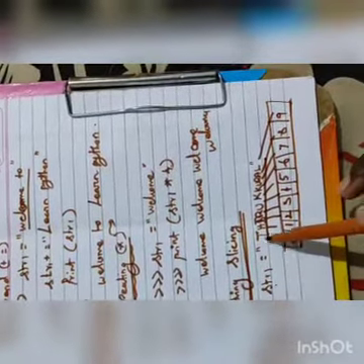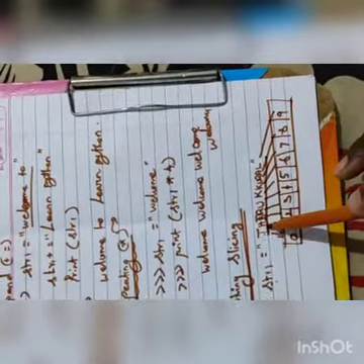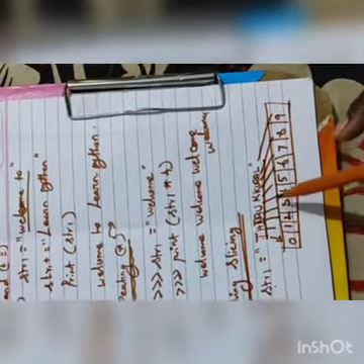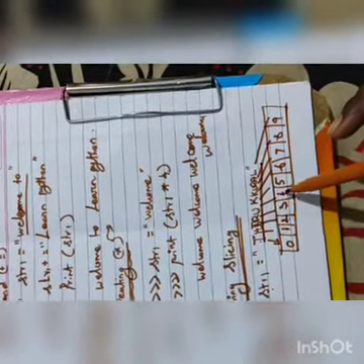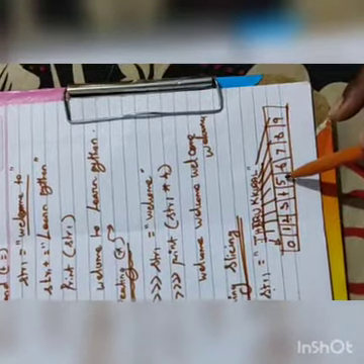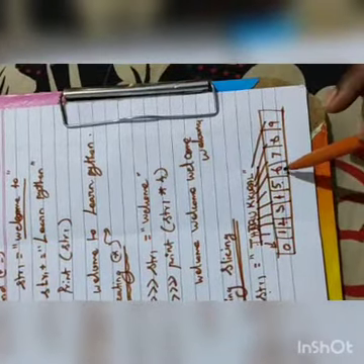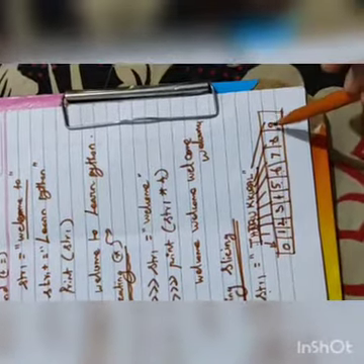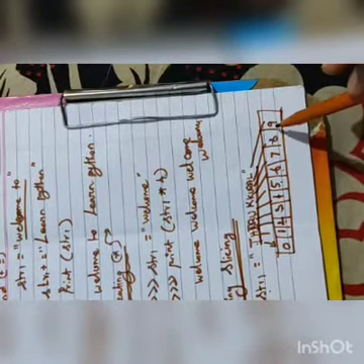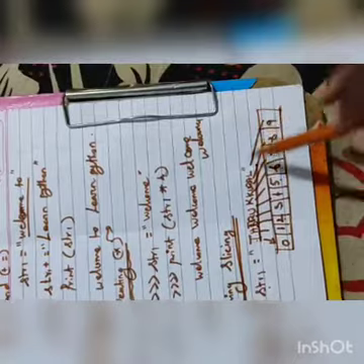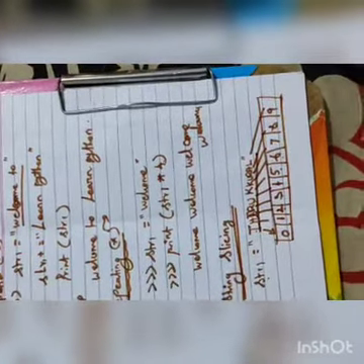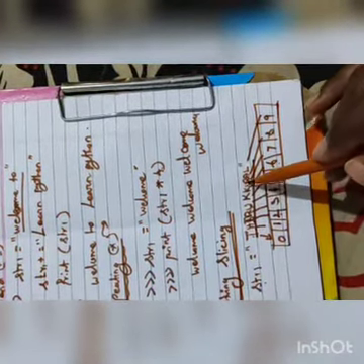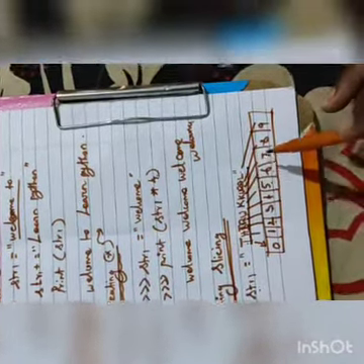Okay, now at position 0 T is there, position 1 H, second position I, third position R, fourth position U, fifth position K, sixth position K, seventh position U, eighth position R, then eighth position A, ninth position L. So like this you can say, see, 1, 2, 3, 4, 5, 6, 7, 8, 9, 10, 11.